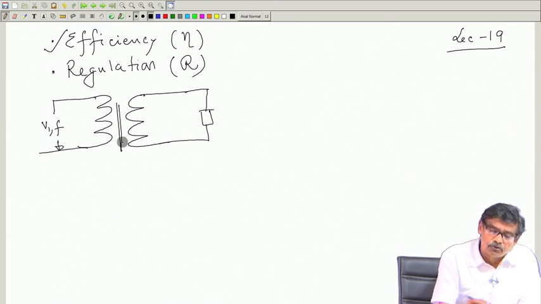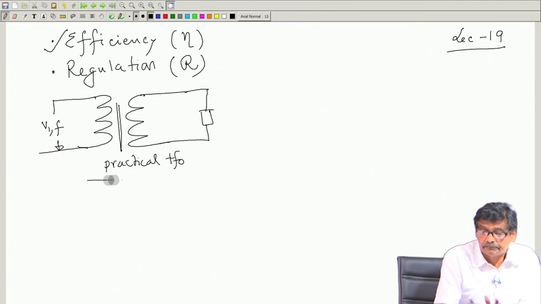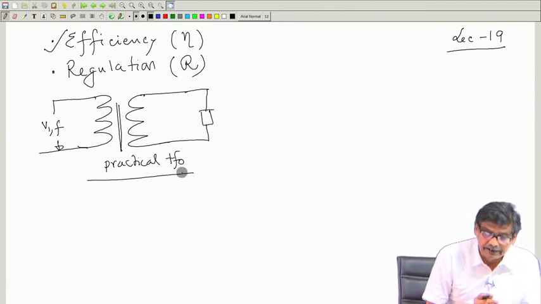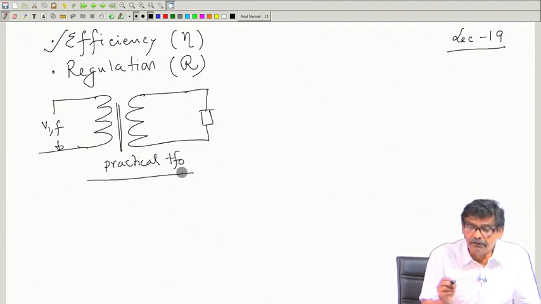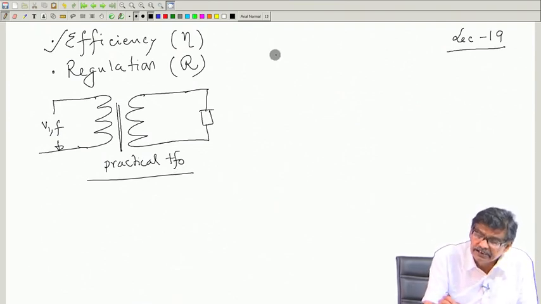Core loss is there in a practical transformer. Before I tell you about the efficiency,